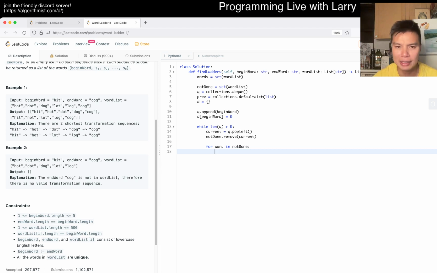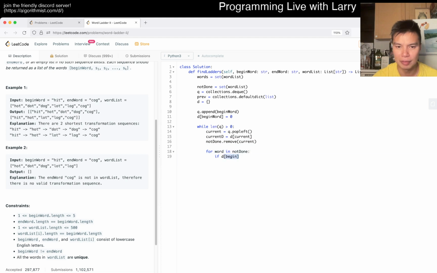Since this is breadth first search, there are a couple of things as well. Let me also write current D is equal to D of current, right?